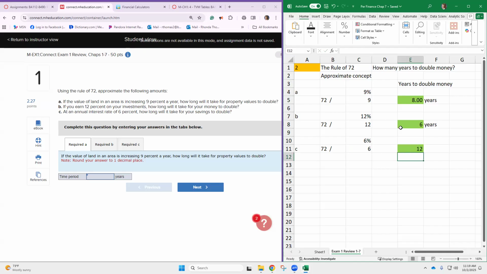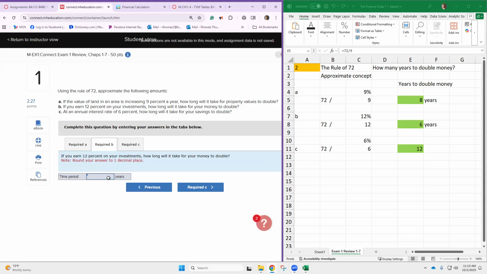Hopefully so. Okay, so I'm going to put these in. I'm going to put this in each cell to check it, and you get to check your work as much as you want on this. I don't limit you, because we're using different numbers. So my first one is showing 8 years. Now they want 1 decimal place, so I've already got a warning here that I didn't put in my decimal place. So my B becomes 6 years